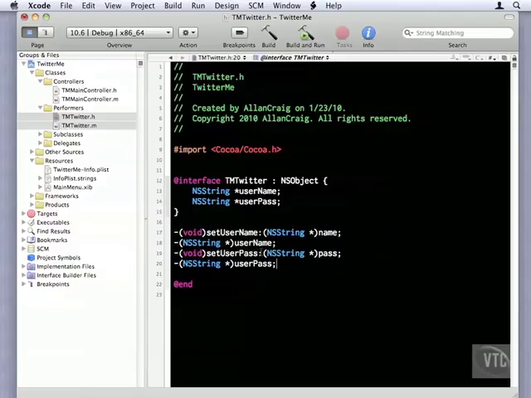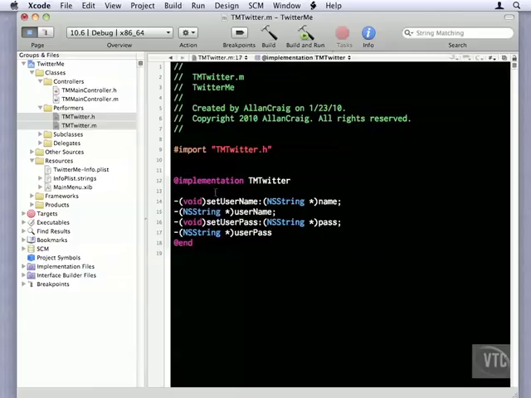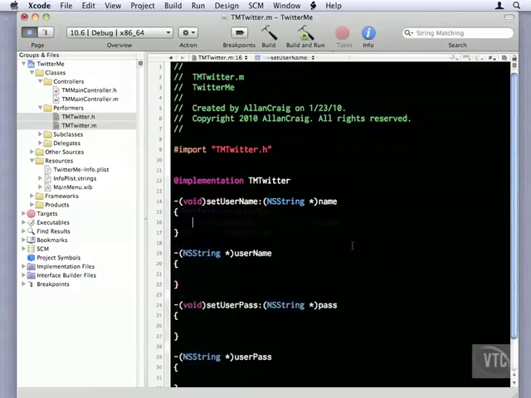I think the easiest way to start is to copy all of these. I use Option Command up arrow to get to the implementation file, and I'm going to paste them right under the implementation statement. Okay, now that all that's done, let's look at the code that we have to use to create a setter